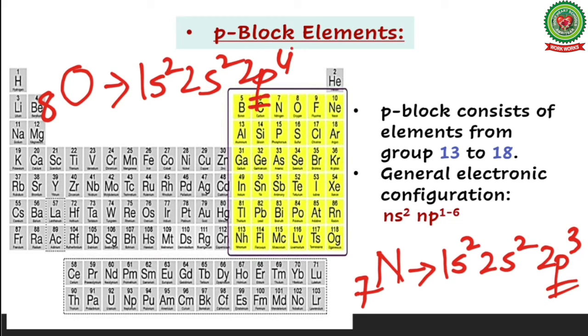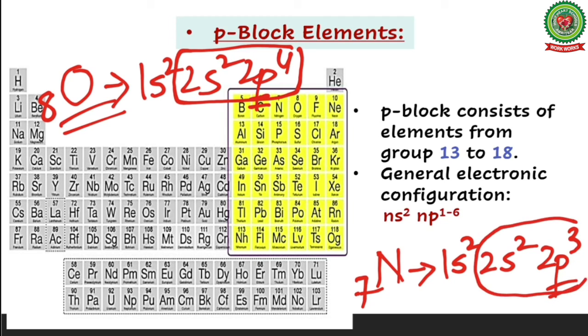element. Also, when we look at the valence shell configuration, that is 2s2 and 2p4, that means there are a total of 6 electrons in the valence shell, and when we add 10 to it, we come to know that oxygen belongs to group 16 of the periodic table, and that is very true. And when we look at nitrogen, it has 5 electrons in its outermost shell, so therefore it belongs to the 15th group of the periodic table.